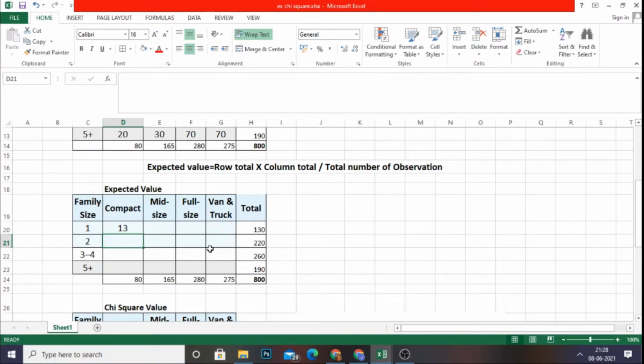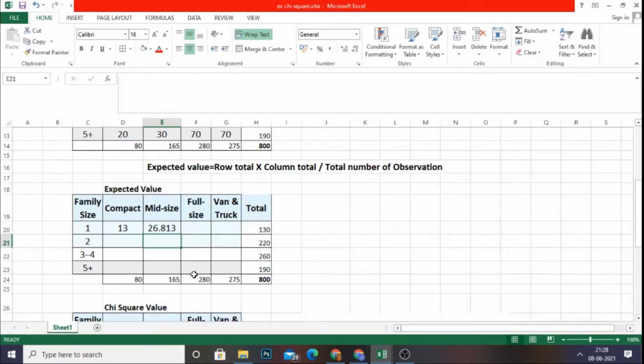Likewise, we are going to find it for each and every cell here. You just watch it, equal to row total, here the column total into column total divided by grand total, enter, over.